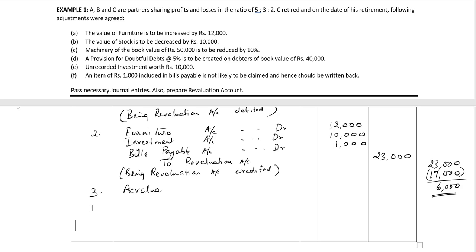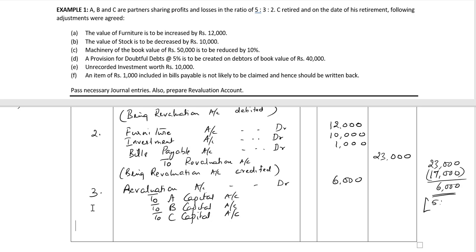Revaluation account debit, 6,000 rupees to A capital account, to B capital account, and to C capital account. The gain of 6,000 to be divided in OPSR between A, B and C, which is 5:3:2. So we have 3,000 rupees against partner A, 1,800 rupees against partner B, and 1,200 rupees against partner C. Narration being gain on revaluation